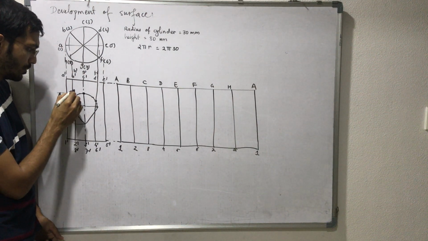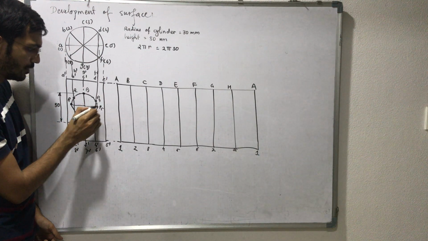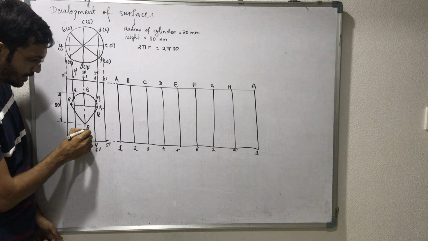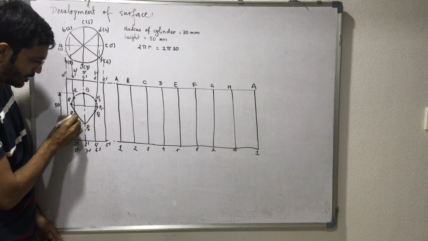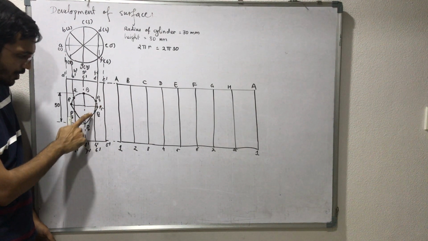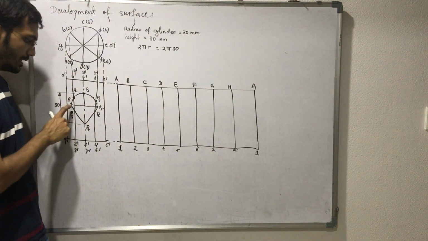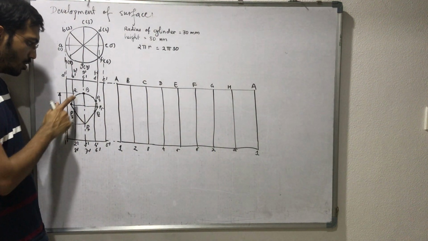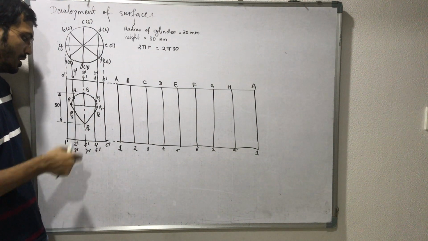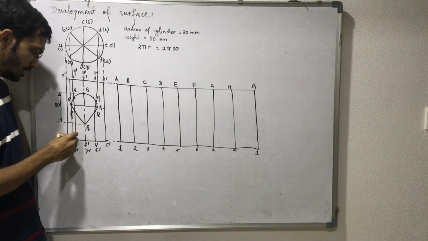Now let us talk about the starting point. Let's say the intersections are P1, P2, P3, P4, P5. Over here also it intersects, that is P6, here P7 and P8. So the half circle is P1 to P5, and line P5, P6, P7, then P7, P8, P1. Let us look at P1. But P1 is not on a generator. Generator means this lateral line. So we have to generate an extra line. So this one is the extra line.